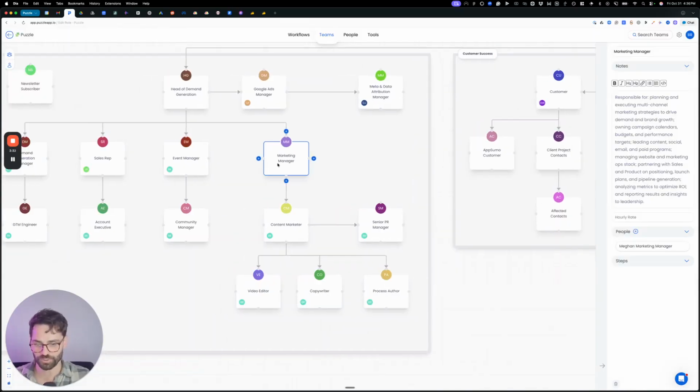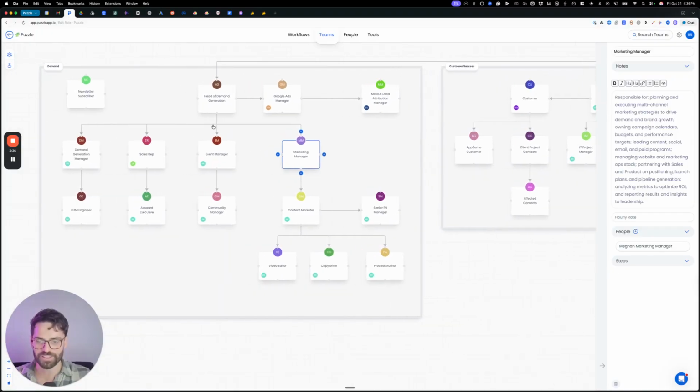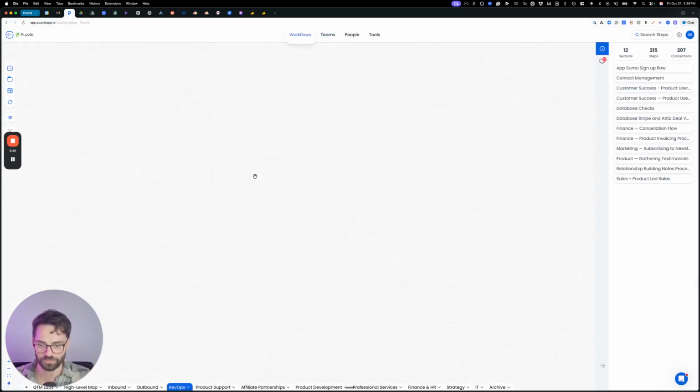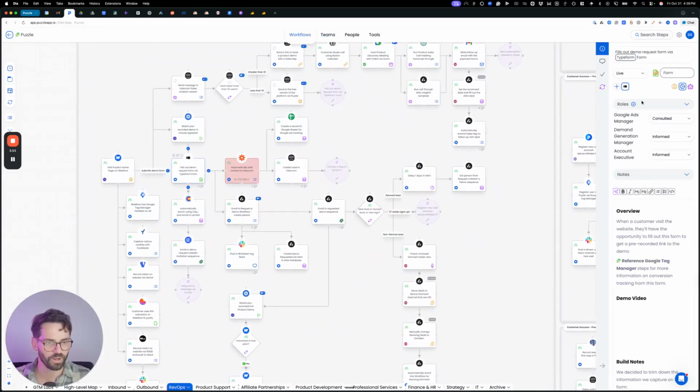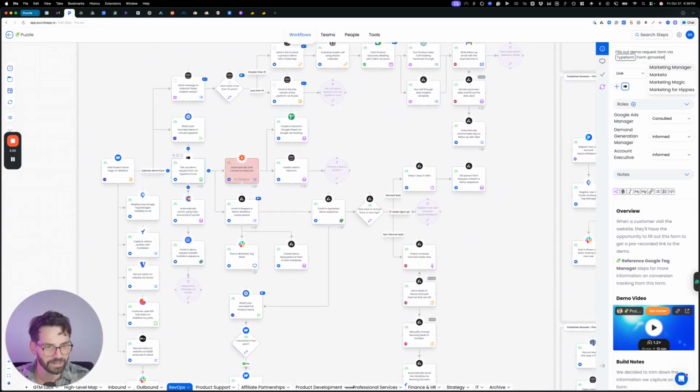Obviously, we just created this role, so there are no steps assigned to this role. But this is what allows you to then assign roles to workflows. And so this is ultimately how the team canvas is connected to both the people canvas and the workflow canvas. So if I go over to workflows, and let's say that I go to one of my marketing steps here, maybe we want the marketing manager to be notified every time a lead comes in,